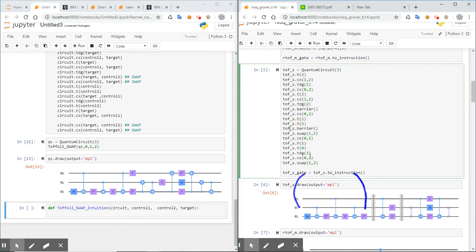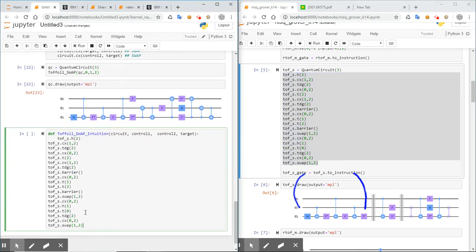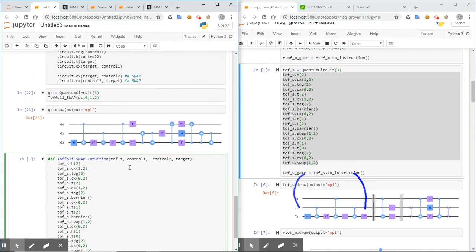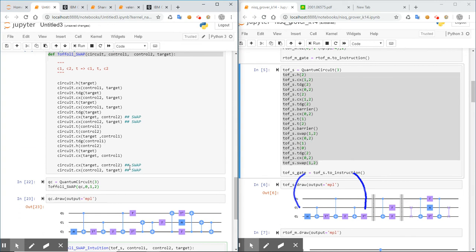And I'm basically gonna copy that over. Because I'm lazy, I'm gonna rename it here. And now I gotta basically